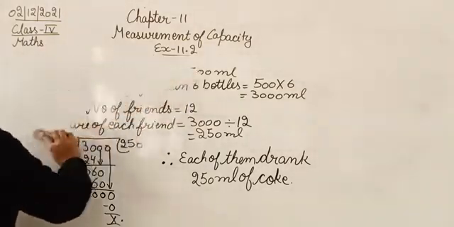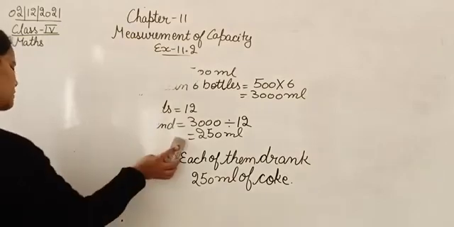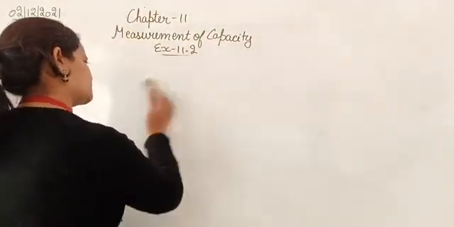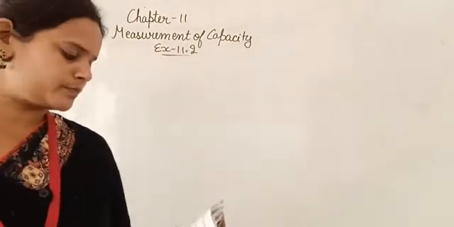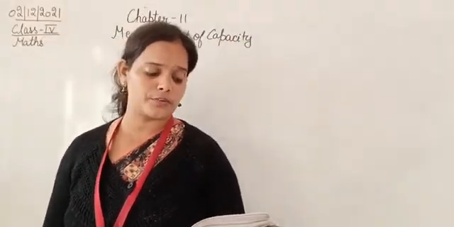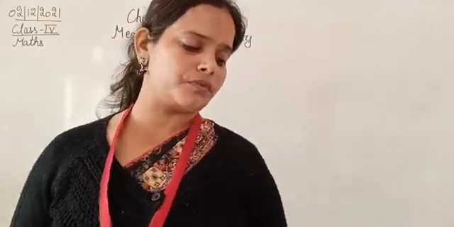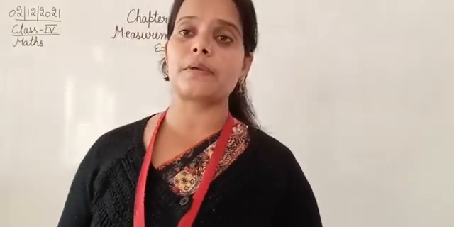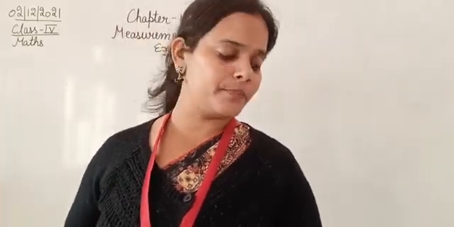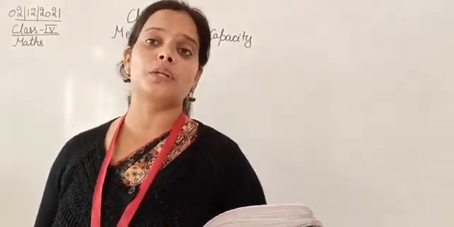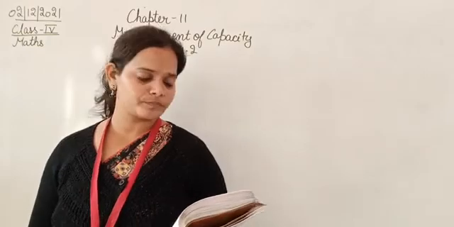But it is divided into 3 different parts. So let's begin with the question number 10. The question is: if the cost of 1 liter of cough syrup is 480 rupees and 40 paisa, find the cost of 500 ml. Just like the previous question that we had done in the last chapter, we all know that 500 ml is equal to half liter.